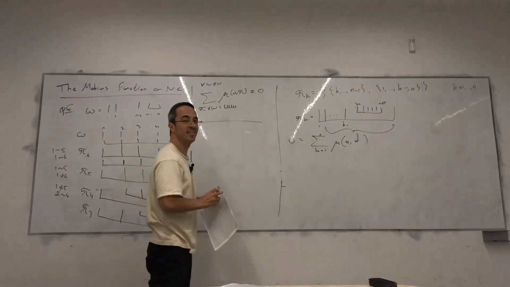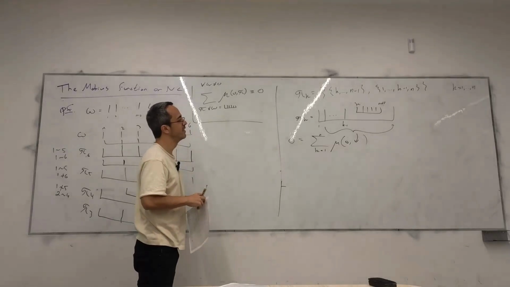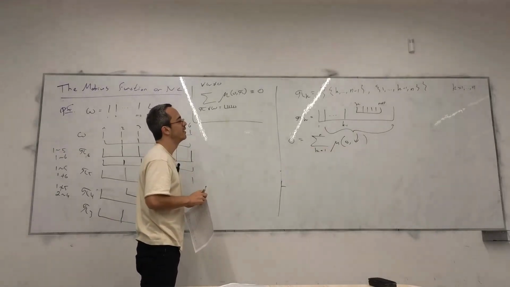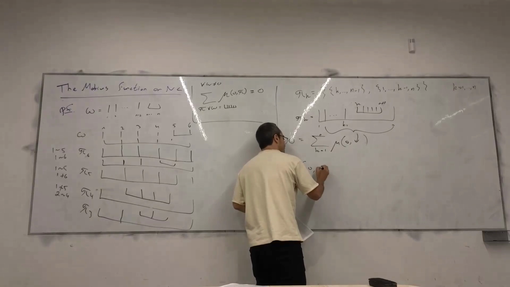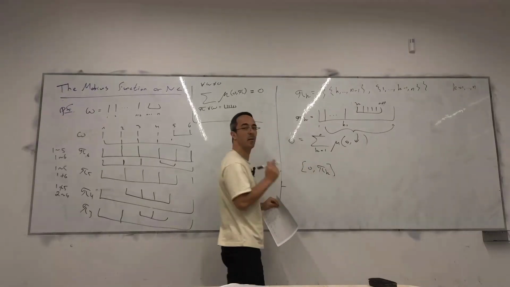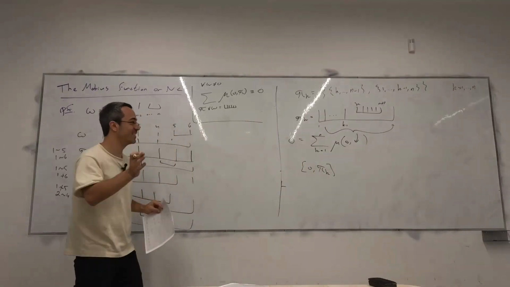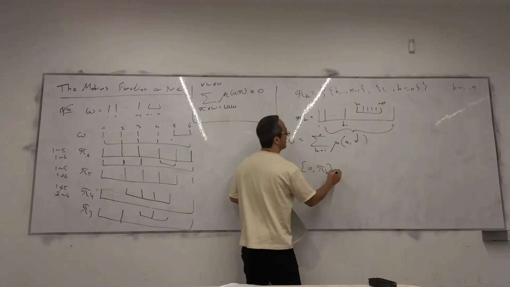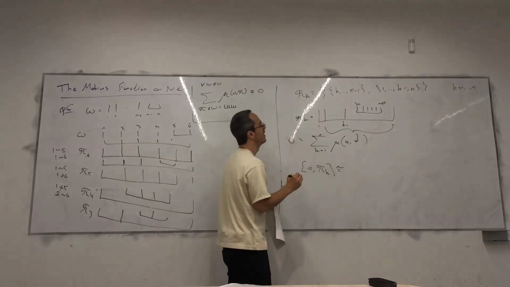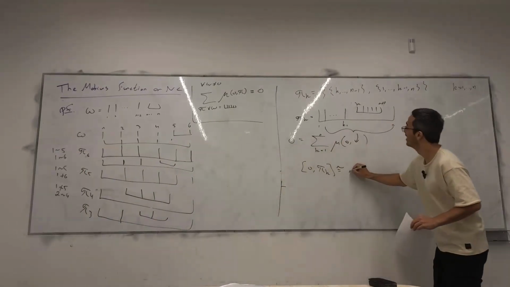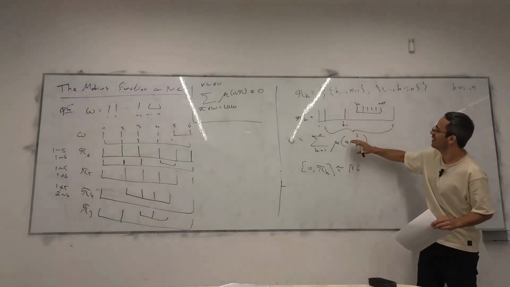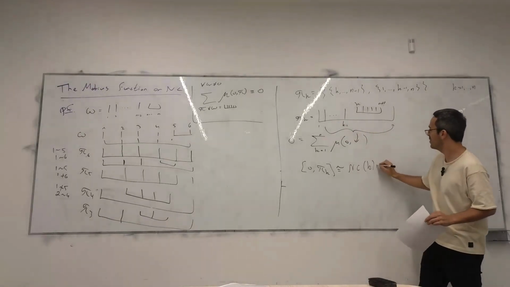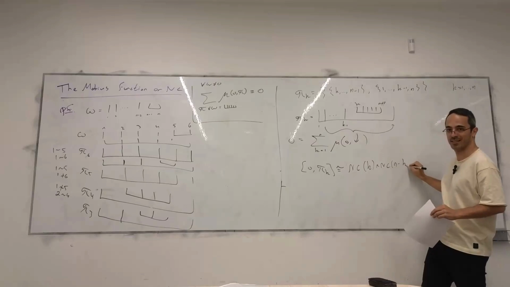Okay, so how should we proceed? I mean, what can you tell me about the interval 0 pi k? Exactly. To what? Right. So you have NCK times NC(N minus K). Right? It looks very much like Catalan.